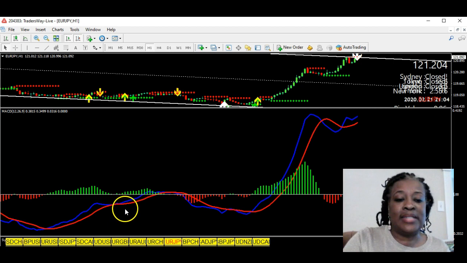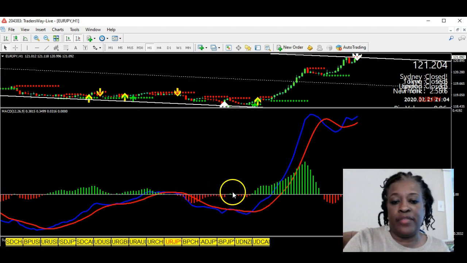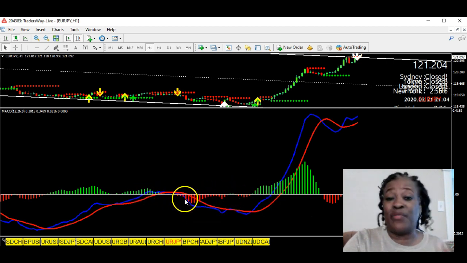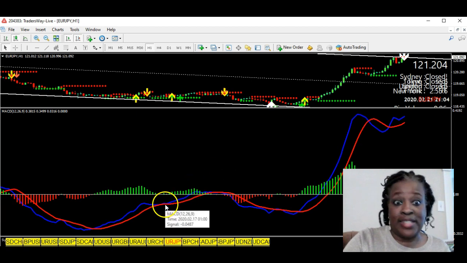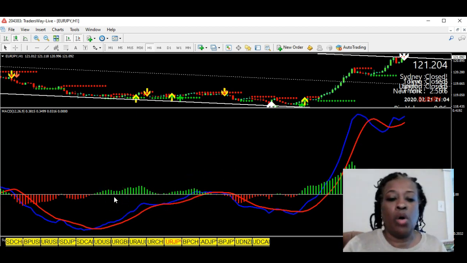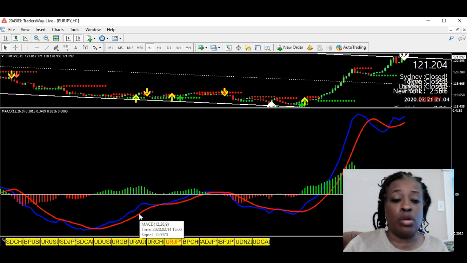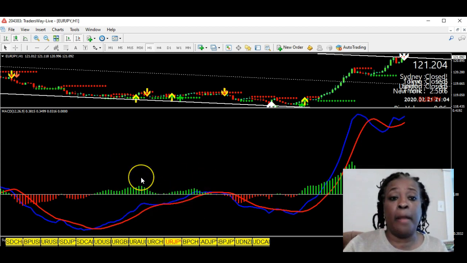Now, I also have this white line in the middle that separates the bulls from the bears. Now, this is a manual line. You can just drop a horizontal line right on the middle, and it's like the 50% mark, right? I like that because it just allows me to see what I need to see. It's clear. Okay, so now when the MACD is on top of this 0 line,